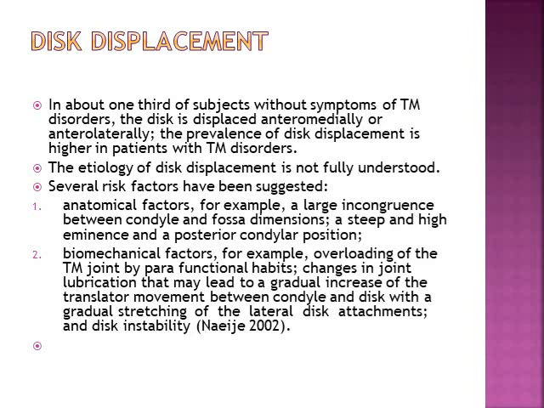اكو فد high eminence و posterior condylar position هو الاناتومي فد anomaly صاير يشجع على الديسك displacement. هو معناه اكو فد large incongruence. يعني شنو incongruence؟ incongruence معناته انه تضاد او تقابل بمساحة سطحية كبيرة. ثانيا البايوميكانيكال فاكتورز مثلا overloading. هنا يجي تدخل الاوكلوجين بالموضوع. شوف الاوكلوجين شلون يدخل overloading parafunctional habit وغيرها تسوي overloading للتي ام جوينتس